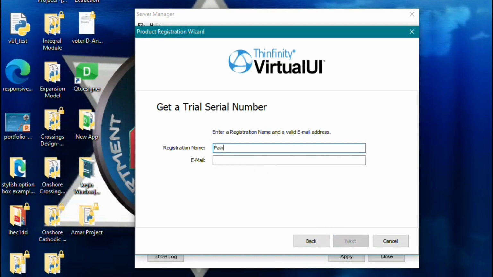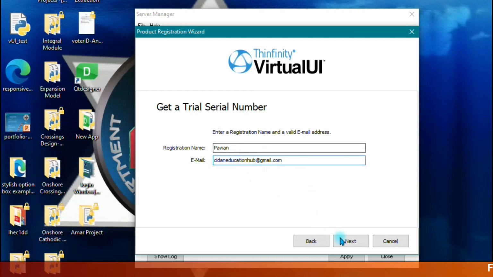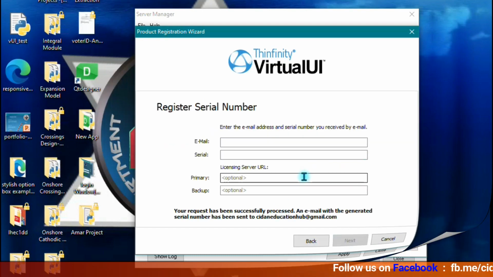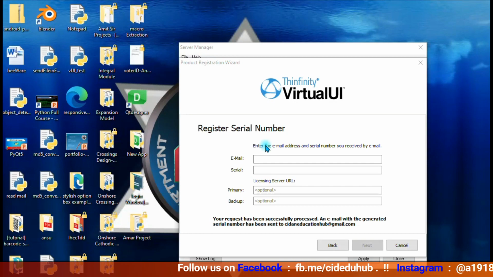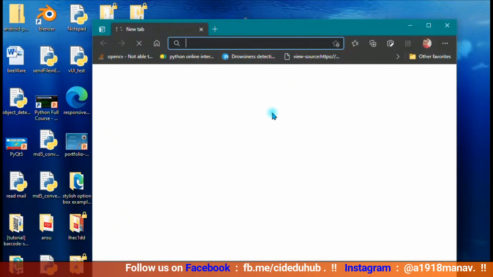So I will here pass my name and another email ID. One email ID can be used one time only, guys. So I'm getting it with another email ID for a 30 day trial. If you want premium, you can also get it by buying. So it has sent the serial to my email, so I'll just open it and paste my serial number here.